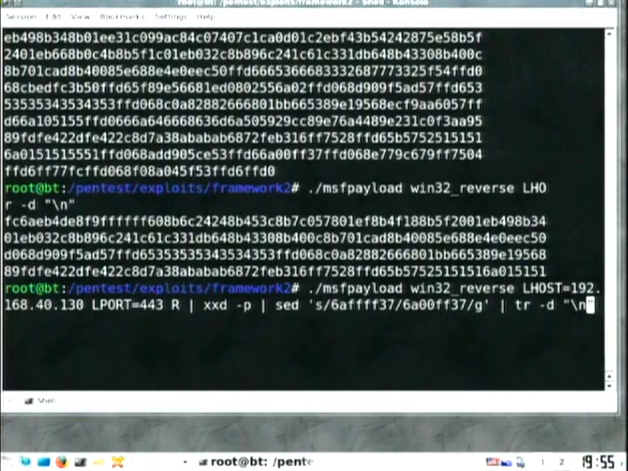All right. You'll see I'm piping the output of MSF payload here, sending it through a hex dump, xxd, and then I'm doing a replacement with sed. I'm replacing a string of bytes, 6AFFFF37, with 6A00FF37. This is a well-known bug in this particular payload that causes your executable to hang indefinitely because